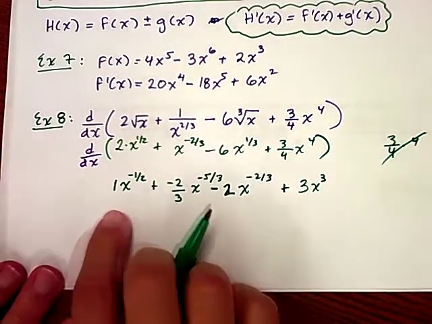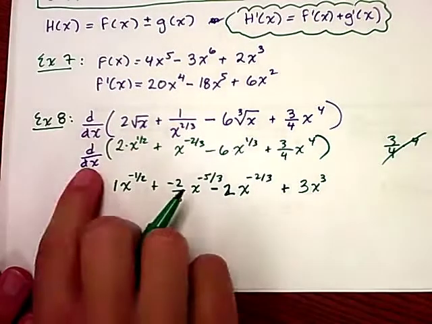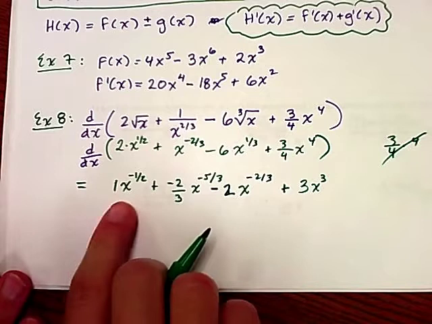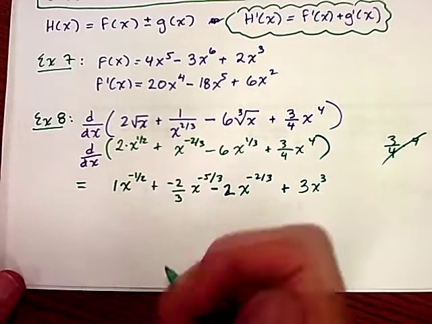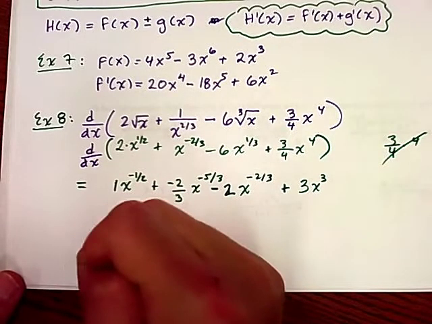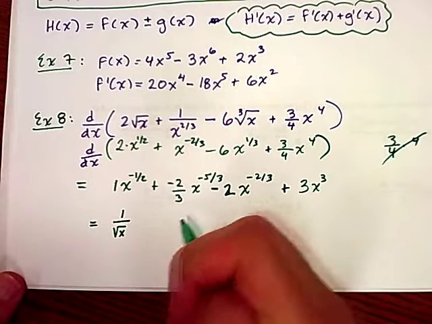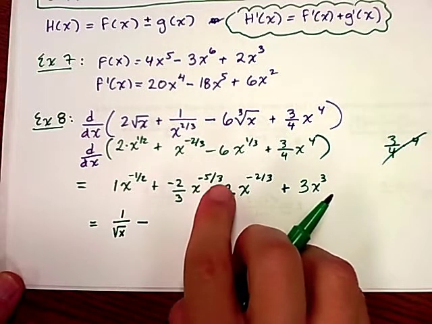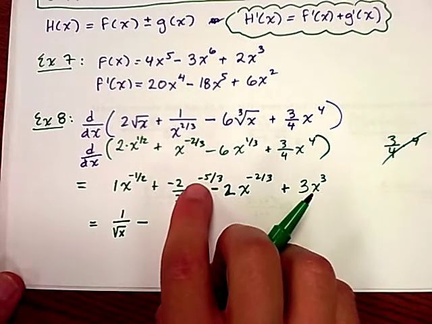Okay, so this right here represents my derivative. Notice I no longer have the d dx out front because now this is the derivative, but I would like to rewrite some of these terms so I don't have negative exponents and I don't have fractional exponents and I instead have roots. So for the first one, it would be 1 over the square root of x. For the second one, it's going to be minus, so if we think about what's going on here, the denominator of 3 means the cubed root. The 5 is an exponent of 5, but it's also negative, which means